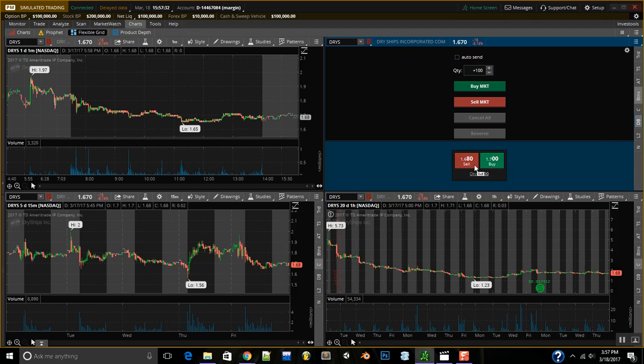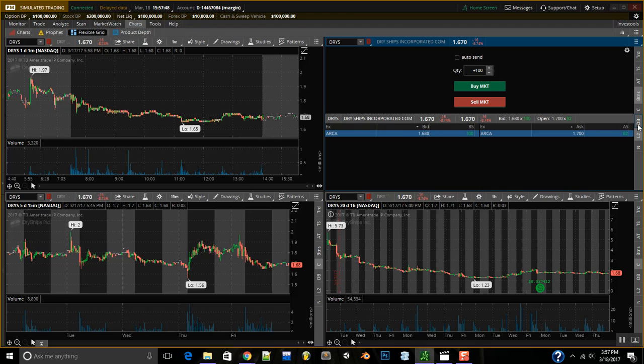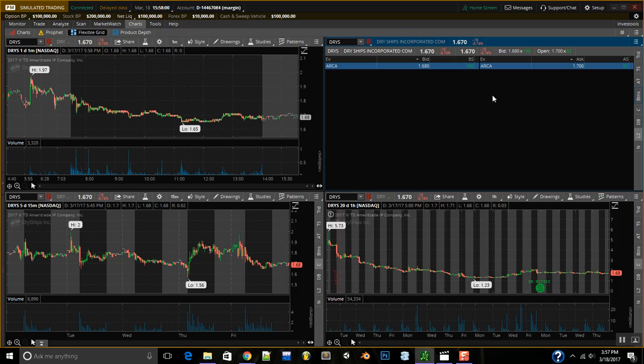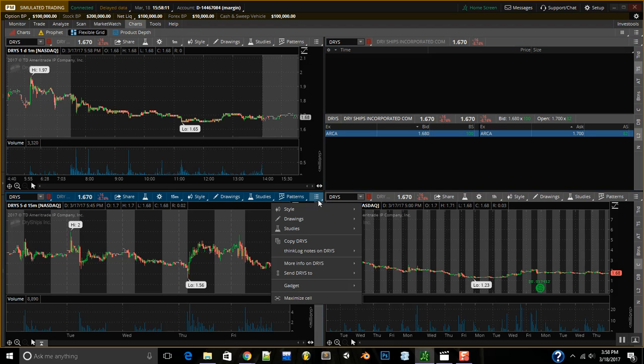Like the dashboard is just buy or sell. So you could set this up if you want to keep track of just, oh, I want to buy this right now. And you can add all these things in one window. I wouldn't recommend it, but you add all those things in one window and it makes it pretty cool. I generally like to just have one thing in each window. So I'll have a level 2 right here. Maybe I'll add the times and sales as well, which will show up with the times and sales. And then in this grid, I might set up